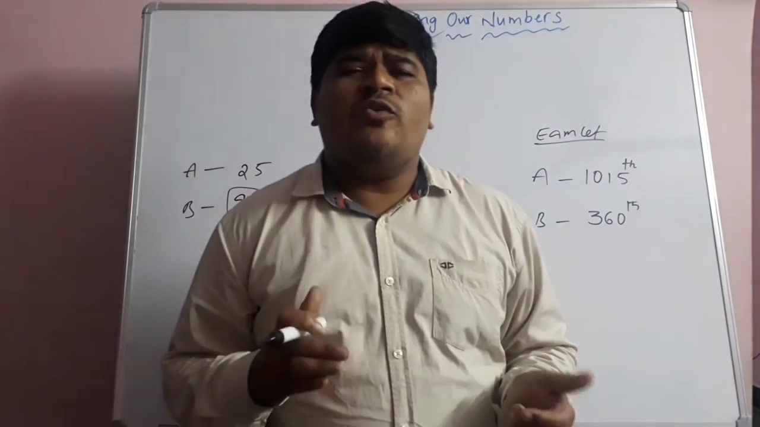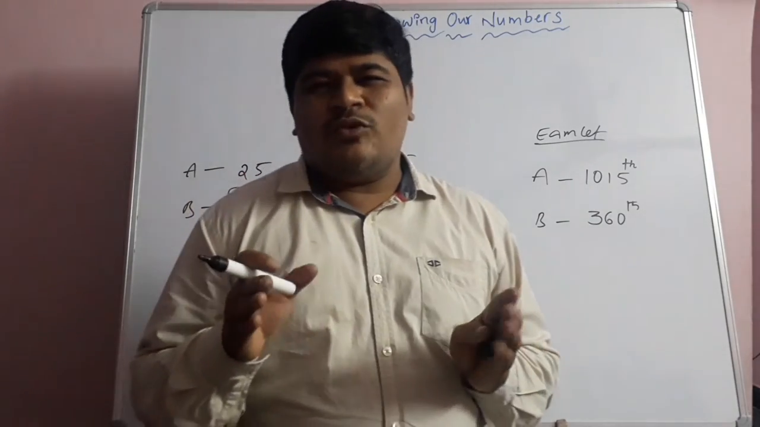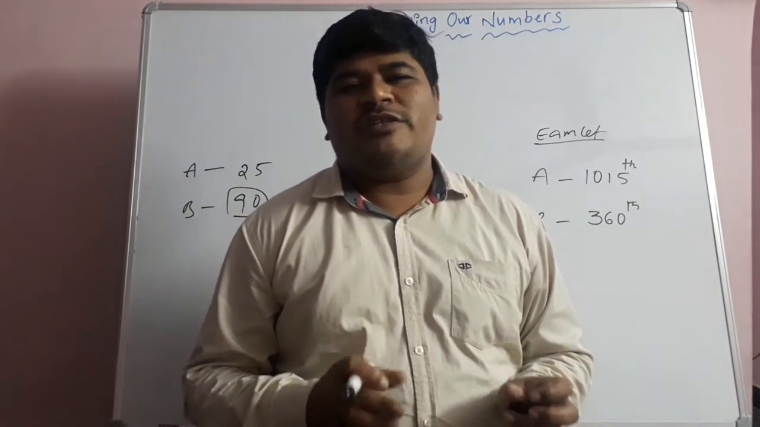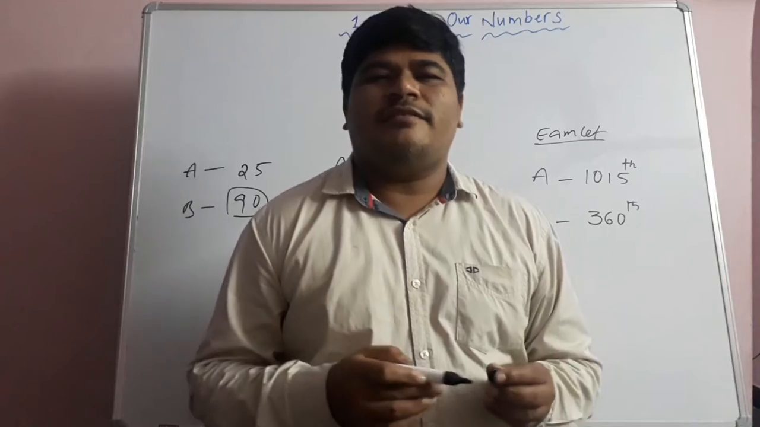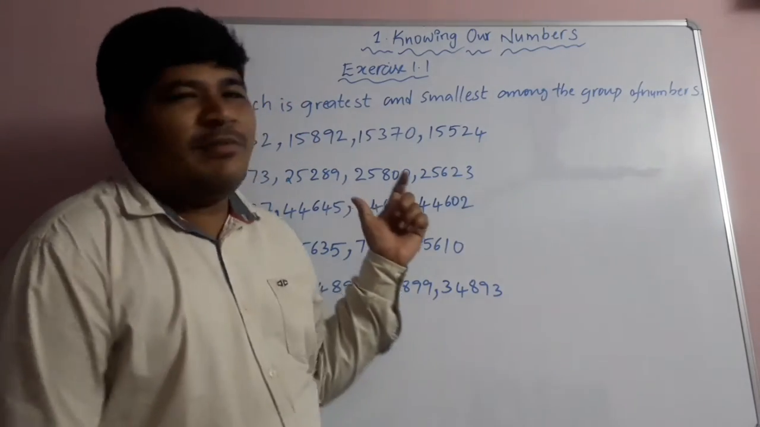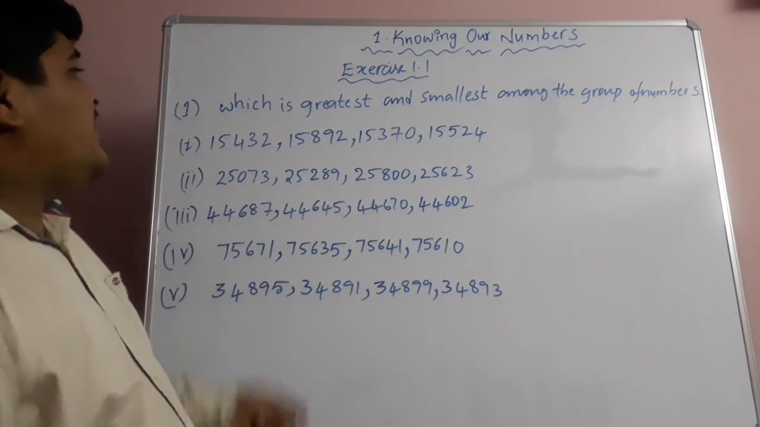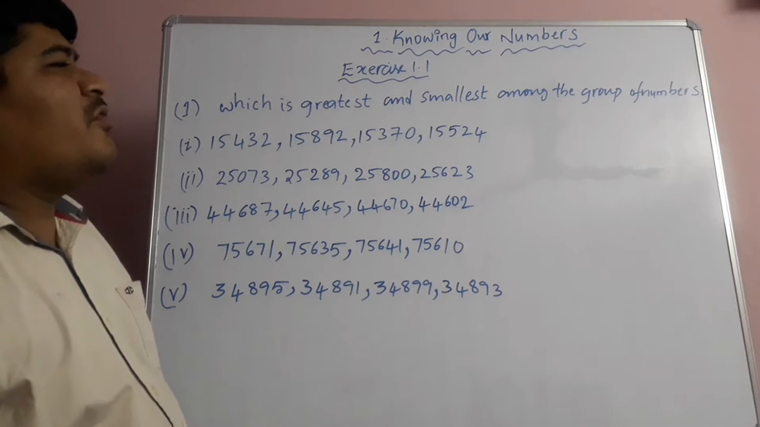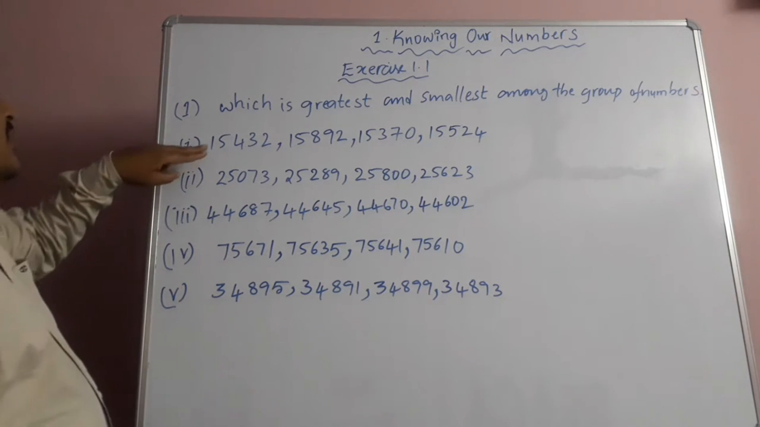Now we are going to solve problems on these basics of numbers, children. Let's see exercise sums. Now let's see problem number 1 in exercise 1.1. Which is the greatest and smallest among the group of numbers? So first one, see children,